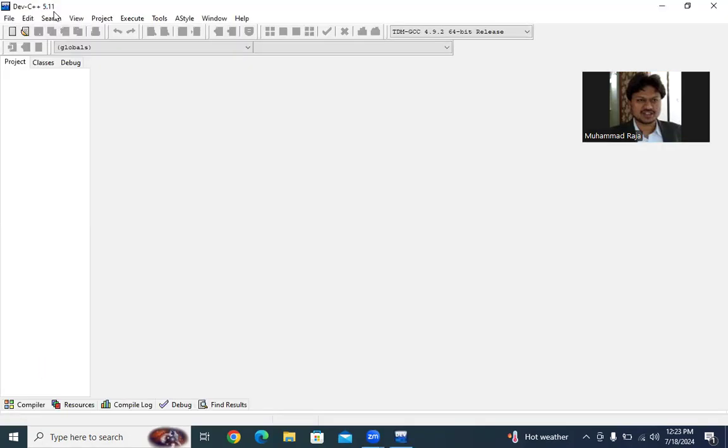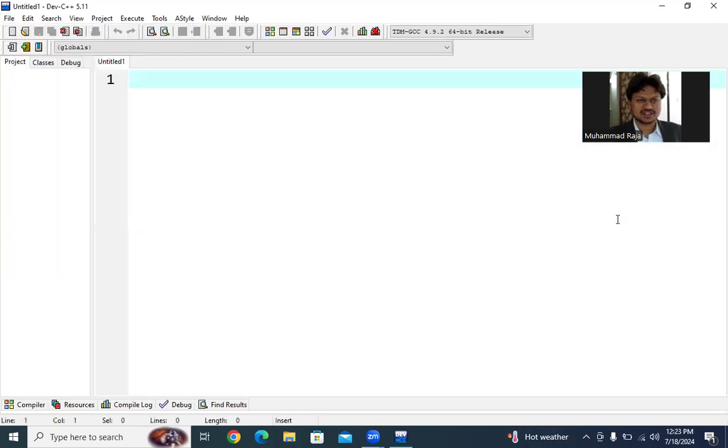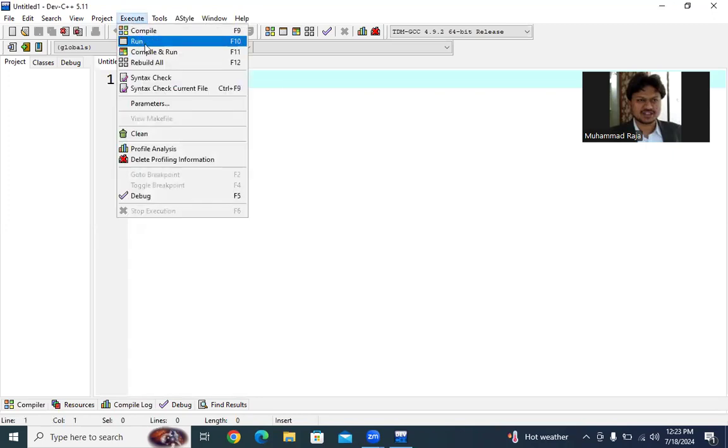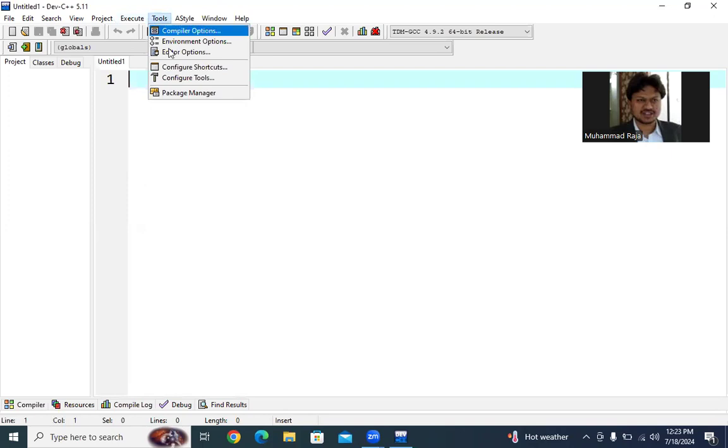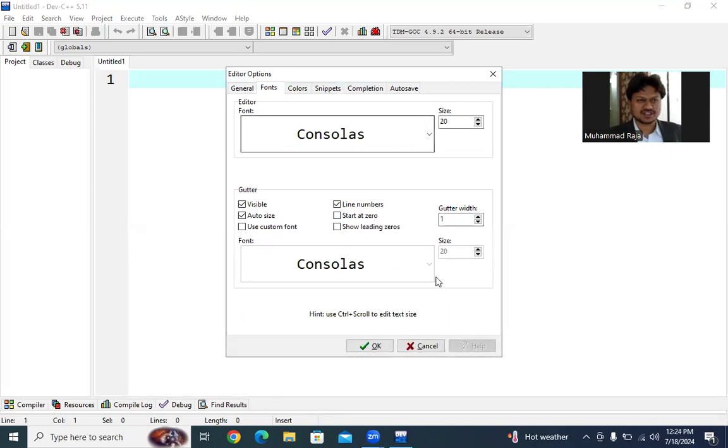Double click to start Dev-C++ 5.11. So there is the menu here. We go to File, and from the File menu, we choose New Source File. In the new source file, you get line numbers in the editor. You can find the editor options under Tools. In the editor options, you can arrange your screen size and your fonts accordingly as you want